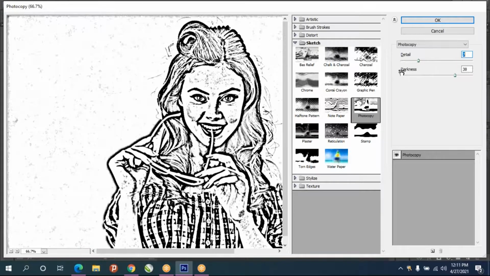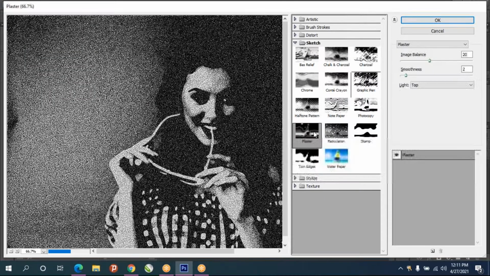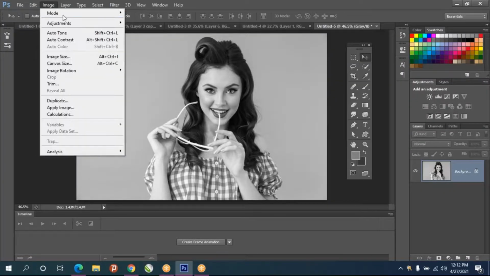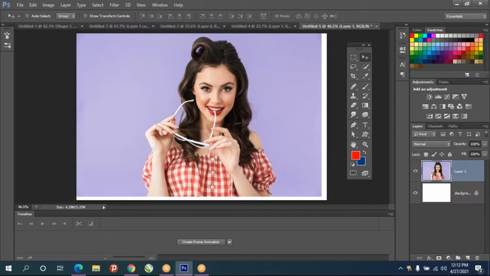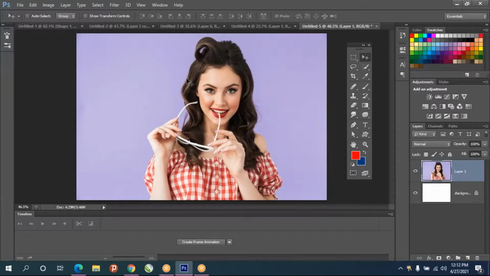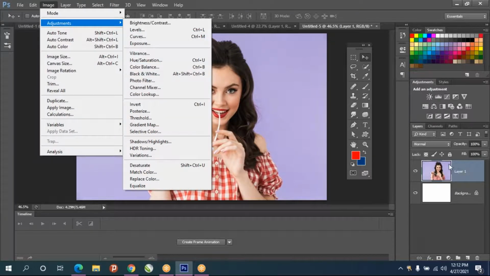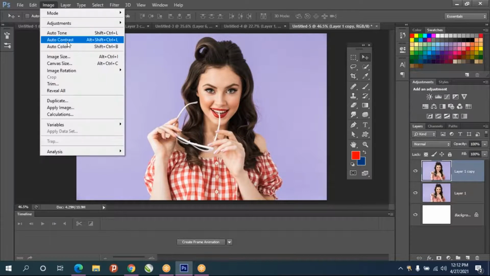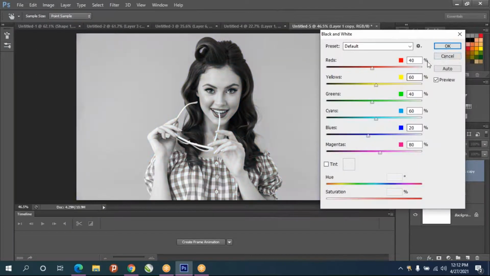So detailing how much you want, you can adjust. We have different types of sketch effect. Or when you are in RGB also, you can work on it. But before that, you just convert to black and white photo, instead of changing color mode. This one I'll duplicate, Control J, convert to black and white. Adjustment, black and white. So you can increase the depth values.